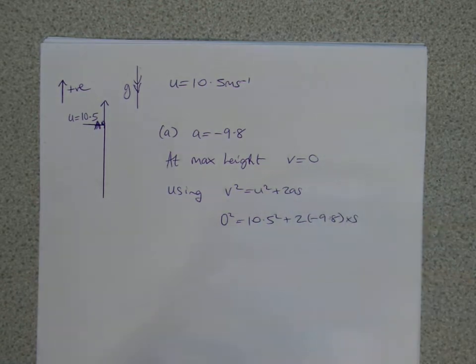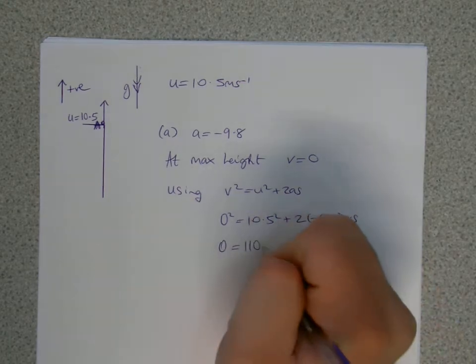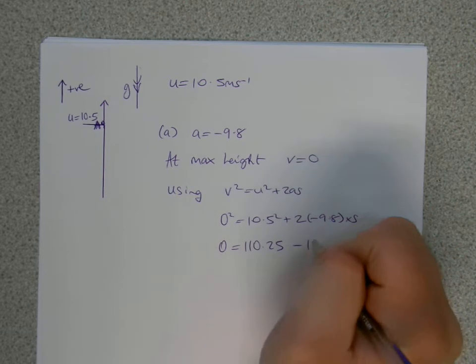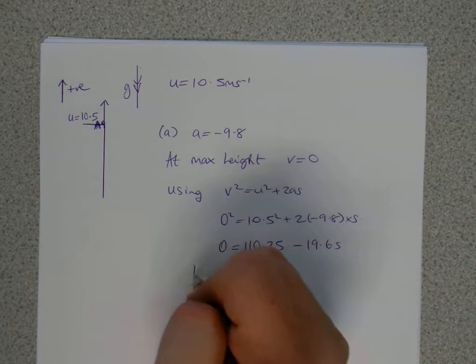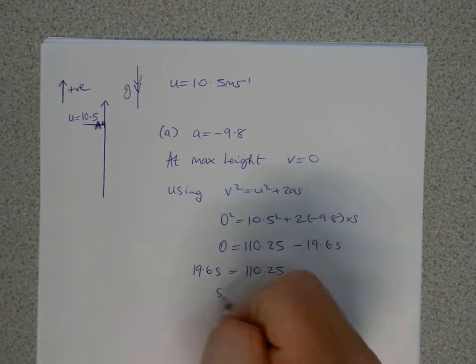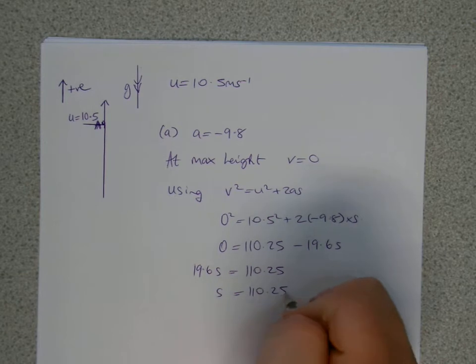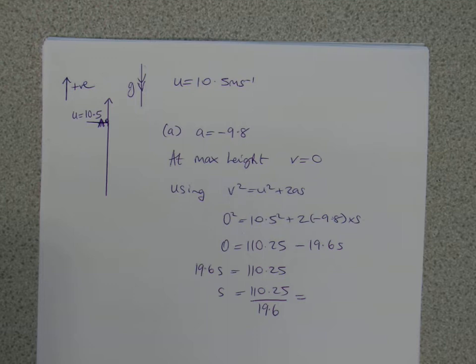So then we'll work those numbers out, and I'll calculate the 10.5 squared is 110.25 minus 19.6 s, okay? Take that over to the other side, so we get 19.6 s equals 110.25, and then s will equal 110.25 divided by 19.6, and we get our answer,